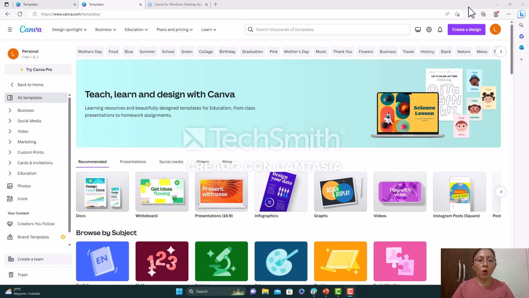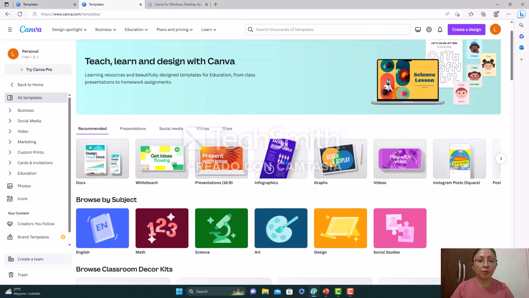Here we have all the template designs for the different projects that we carry out, such as, for example, business, social media, videos, marketing, custom prints, cards, invitations, and education. But you can also choose to browse a specific subject such as English, math, science, art, design, and social studies. And back to home